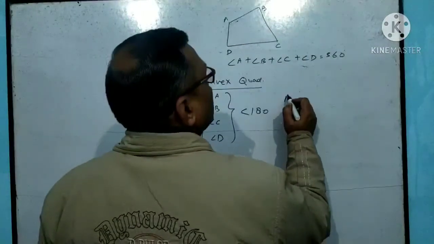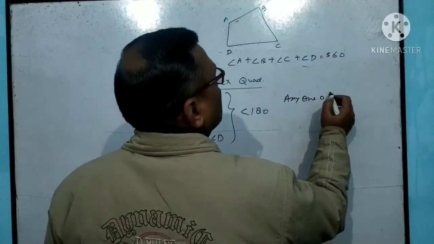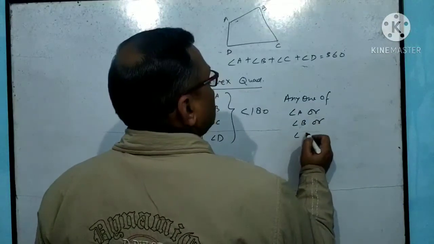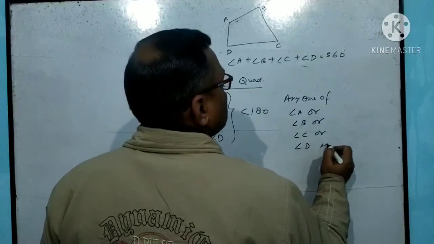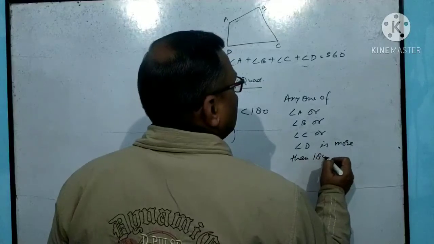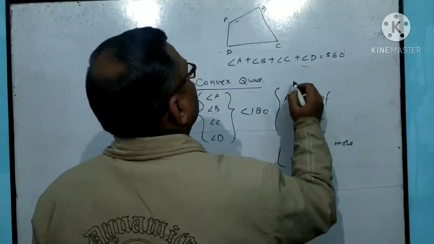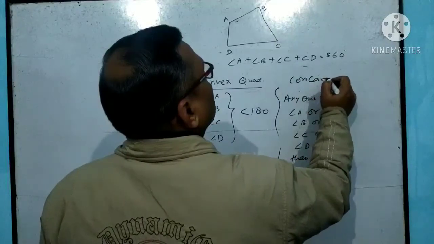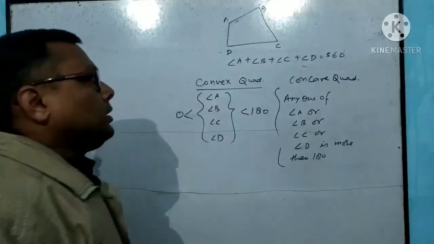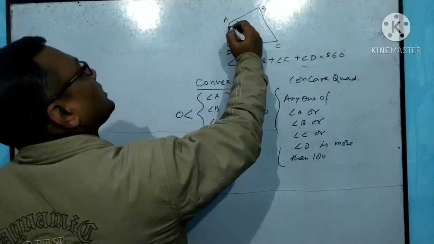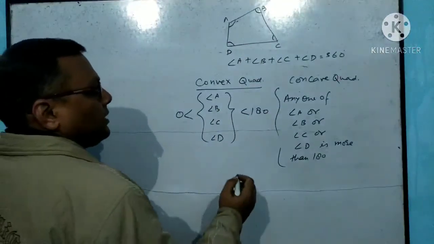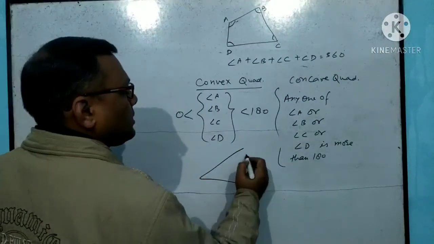And if any one of angle A or angle B or angle C or angle D is more than 180, then this is the condition of a concave quadrilateral. So this figure, having angles between 0 and 180, is a convex quadrilateral, and the figure like this